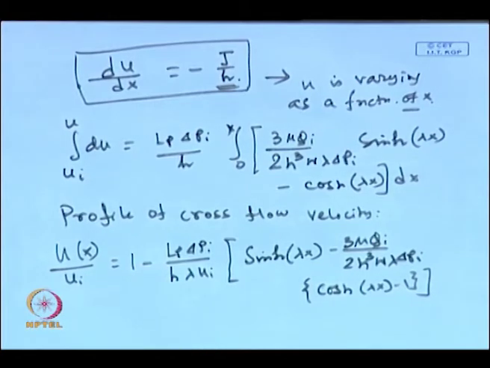Now, next, what we have done till now: we have used the Navier-Stokes equation to get the governing equation of delta P. We did an overall material balance over a differential element and got the governing equation of Q or U. Now, if you do a species balance or a solute balance over the differential element, you will be getting an expression of concentration. Let us do that.